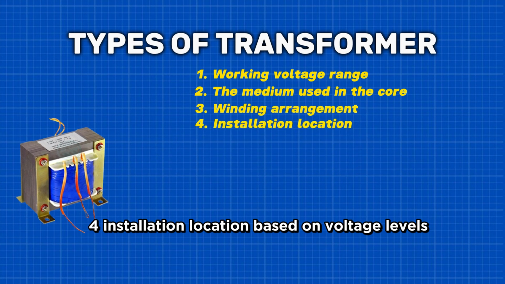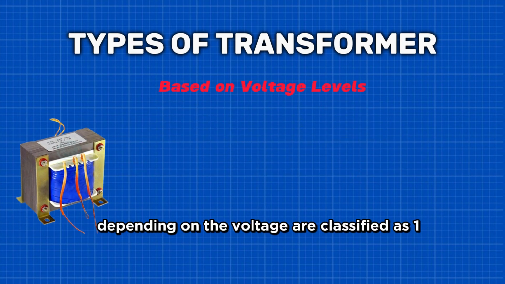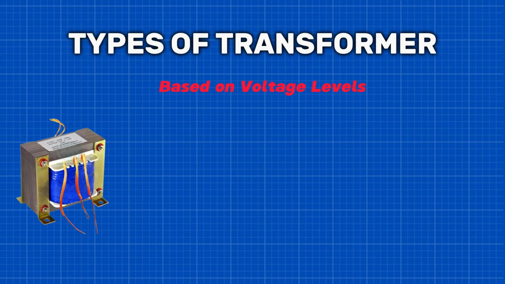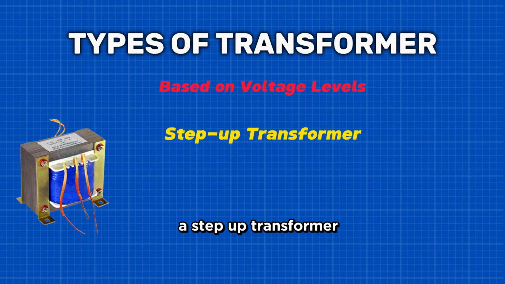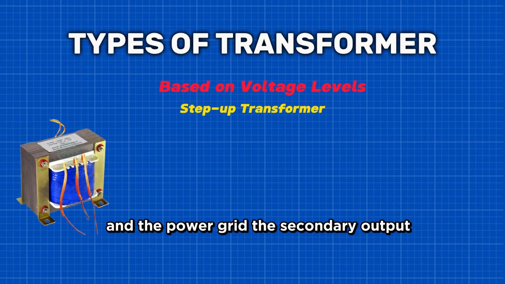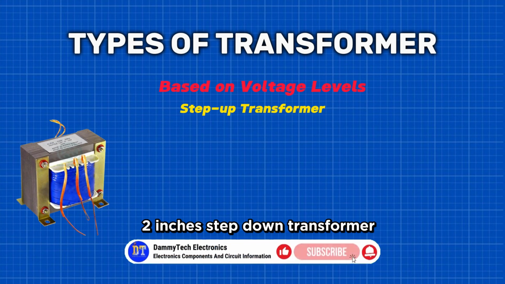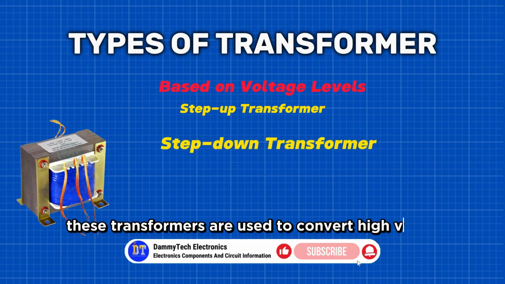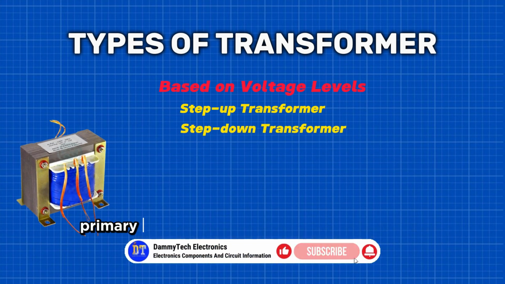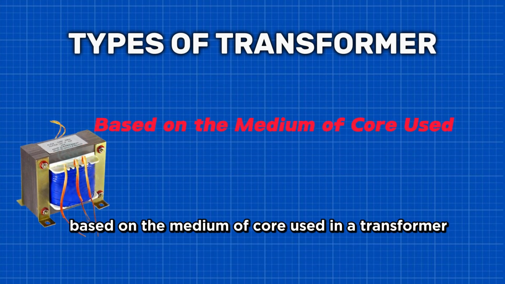Based on voltage levels, commonly used transformer types are classified as: 1. A step-up transformer. They are used between the power generator and the power grid. The secondary output voltage is higher than the input voltage. 2. Step-down transformer. These transformers are used to convert high voltage primary supply to low voltage secondary output. Based on the medium of core used,